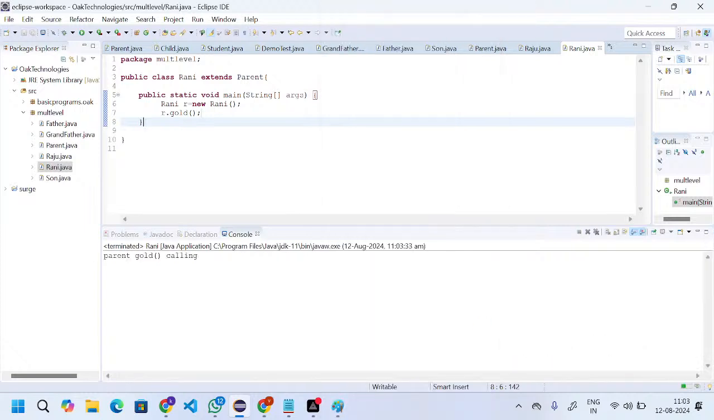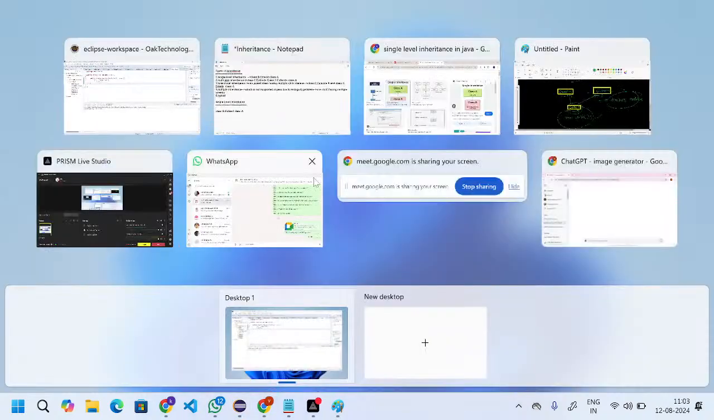I'm running this one. We can see which class we are running. So the parent and child class methods should be called. Okay. So that's it for today. I will stop the live. So everyone, please go through that